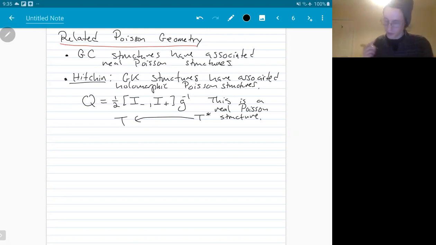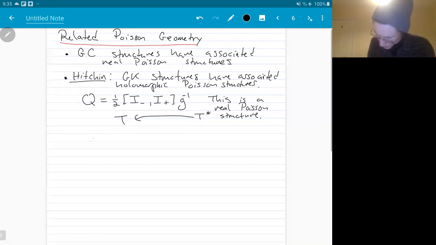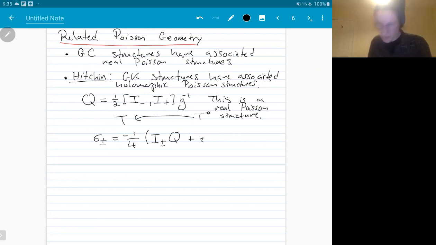But in fact, more is true if we define these sigma plus and minus in the following way. Like this. So this is the theorem of Hitchin again, that sigma plus or sigma minus is a holomorphic